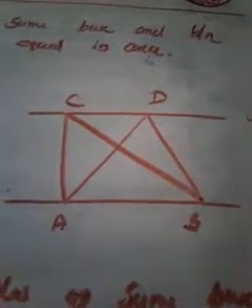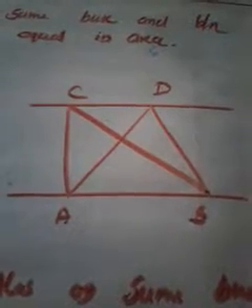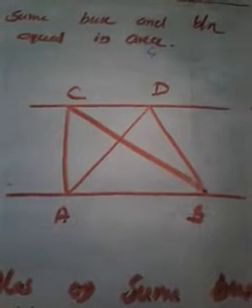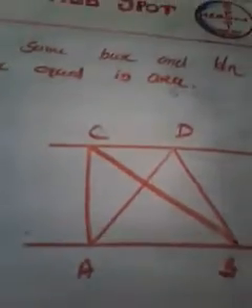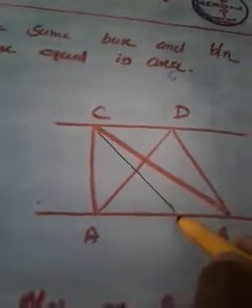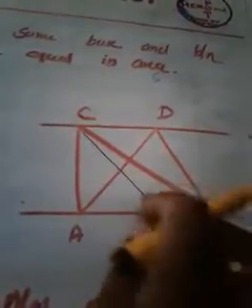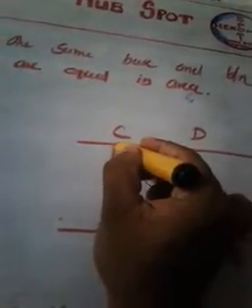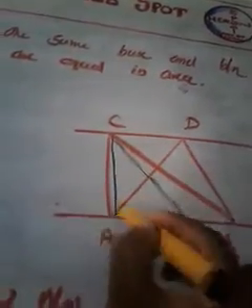Perpendicular means it should be straight. That means the line should create 90 degrees with the base. So height should be perpendicular. That means in triangle ABC, how can you draw a height? Can you draw a height in this way towards the base? No, because this is not perpendicular. So this is not possible. That should be straight to the base.